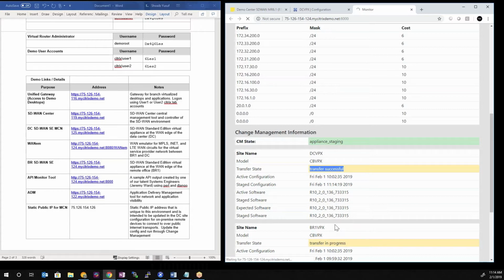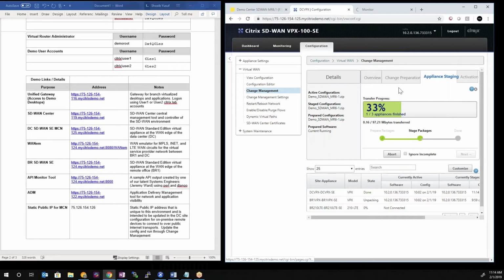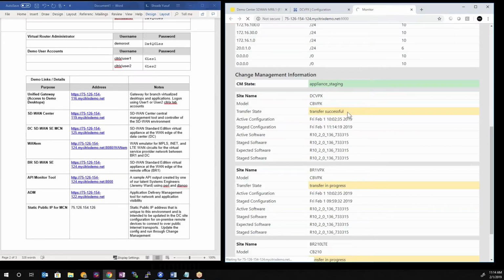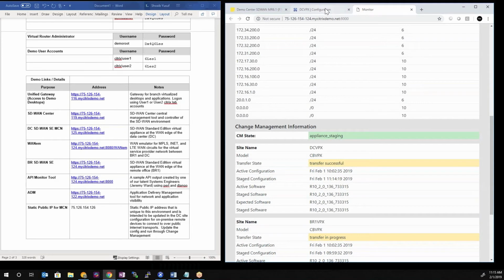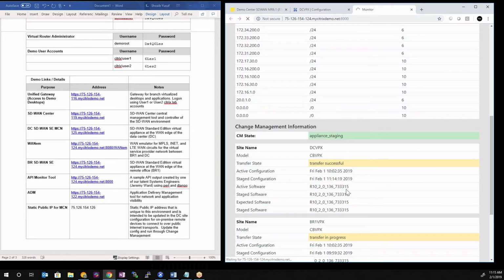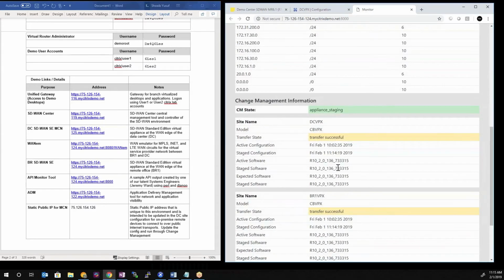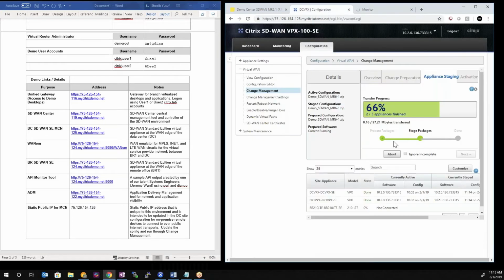Each site currently is in the process of transferring the latest configuration package to those devices. It'll notify which sites have successfully transferred and which ones are still in progress. Okay, you can see now that the two sites that are connected have successfully been transferred. The one that is not connected is still waiting, so we'll go ahead and ignore it and just continue the